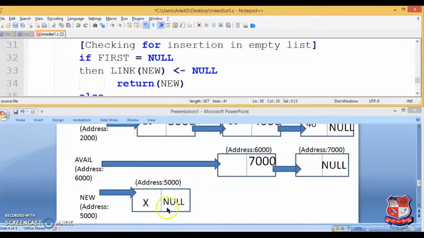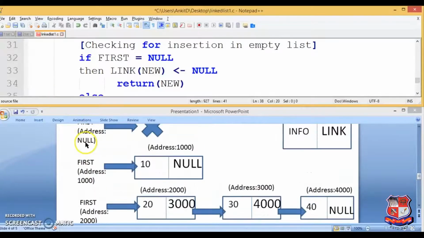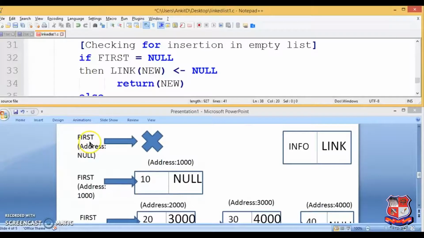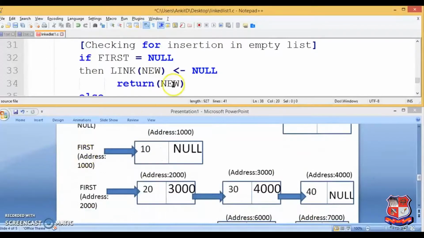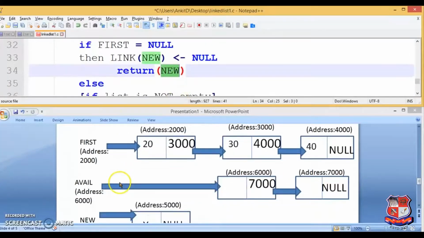So new would be 5000. Ultimately new will become first, and in a further insert, if that function is called, this address would be 5000, because we are returning new. So ultimately first becomes new.